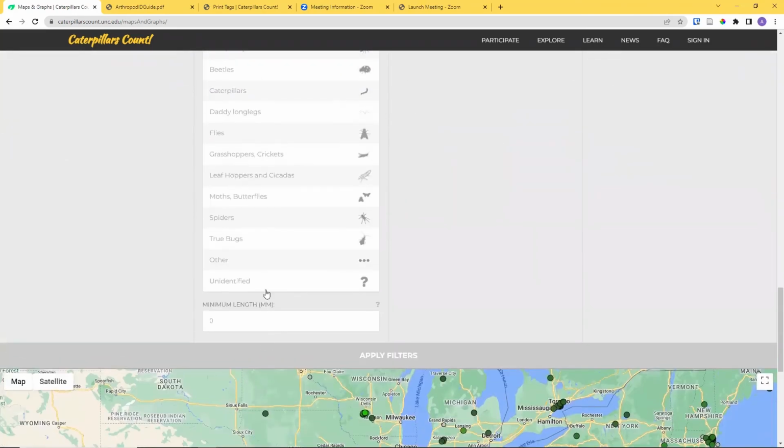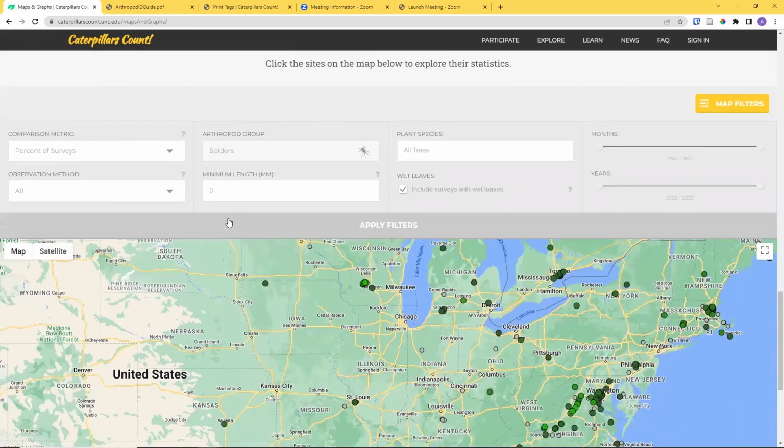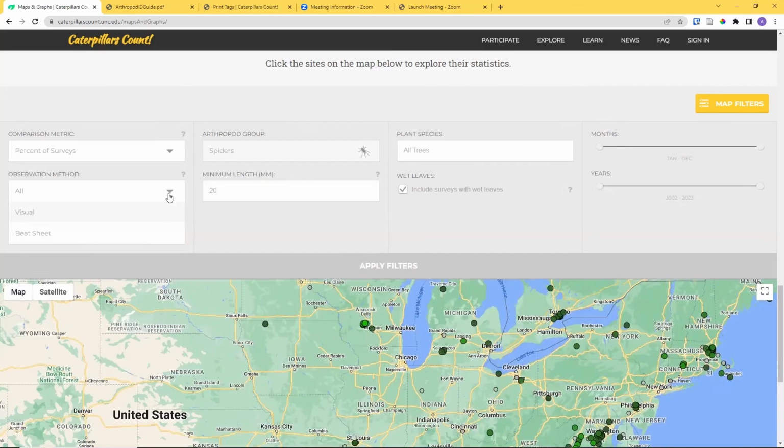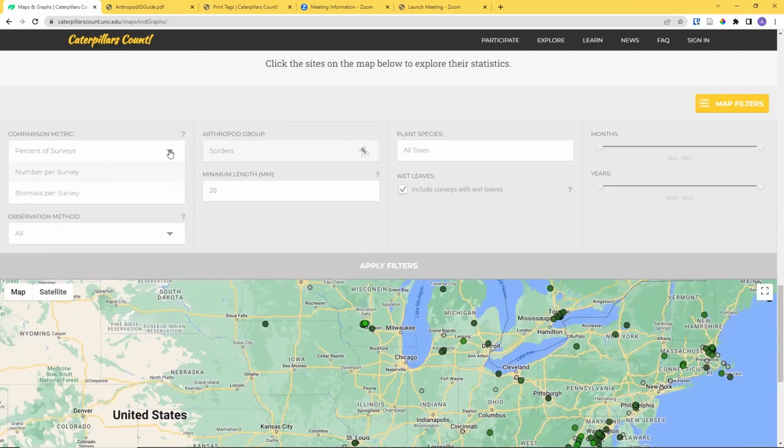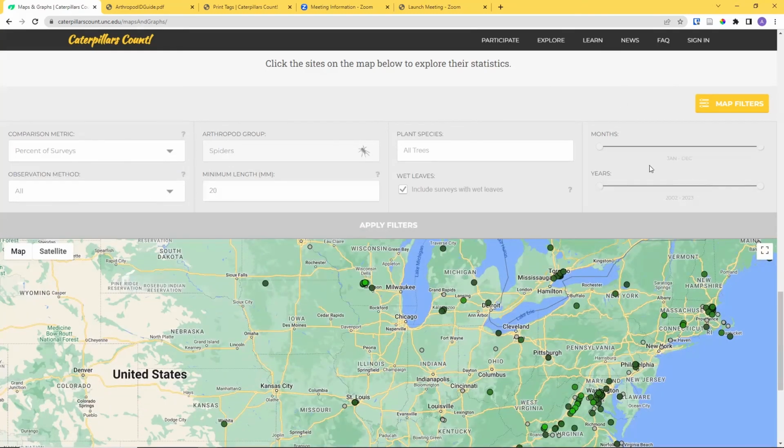You can actually visualize any of the arthropod groups you want. We can change that map to show spiders, and we can focus only on large spiders that are longer than 20 millimeters. We can zero in on only spiders seen on visual surveys or beat sheet surveys. We can change our metric to density or biomass instead of the percent of surveys. So we can say, what about just large spiders seen in the month of June, for example, right? And you hit apply filters,